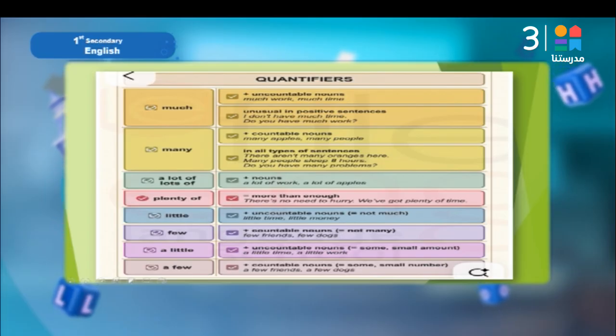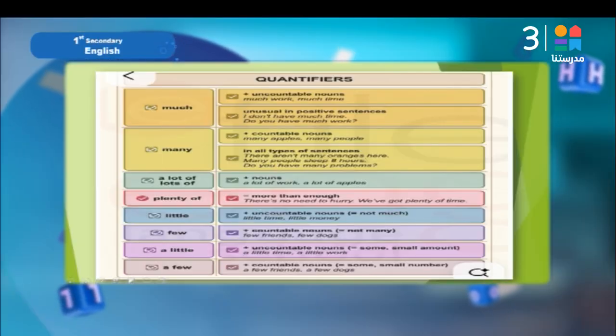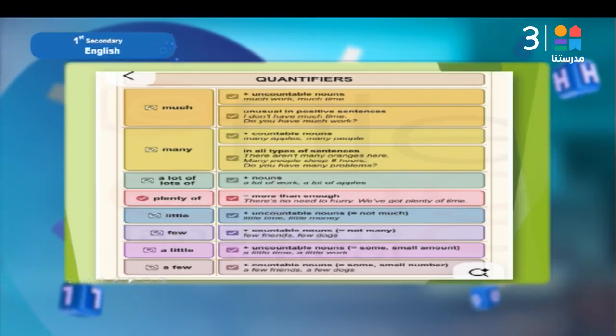A little. طب احنا عندنا يا ميس هنا little و a little و few و a few. طب أنا في الامتحان هعمل إيه؟ إيه بقى الconfusion اللي احنا فيه دلوقتي؟ We are perplexed now. How could we say it? We are baffled. How could we do it? هنعمل إيه؟